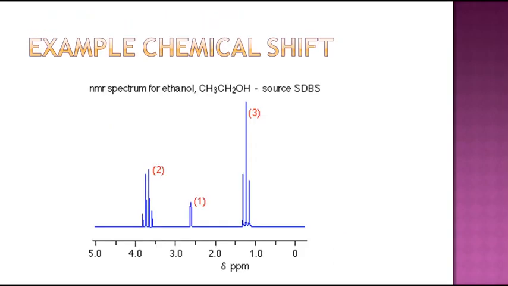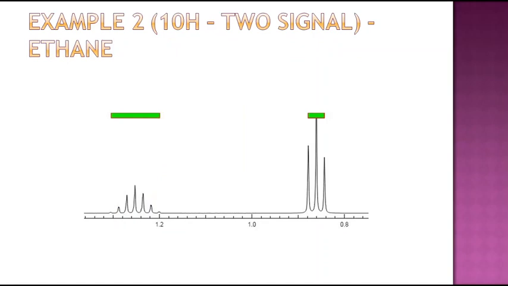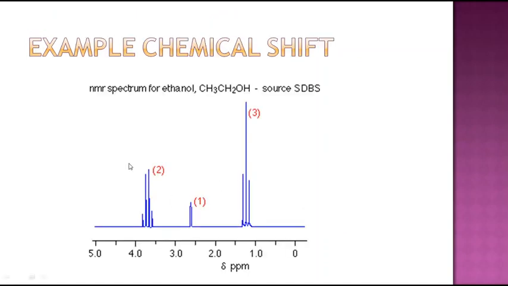This is another example. Here we have used the number of signals. Now let us see the chemical shift value. You can see ethanol, where the hydrogen present is connected to OH. You can see the chemical shift value. Due to the presence of a heteroatom, the shift values are different.